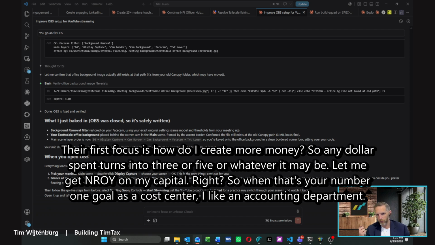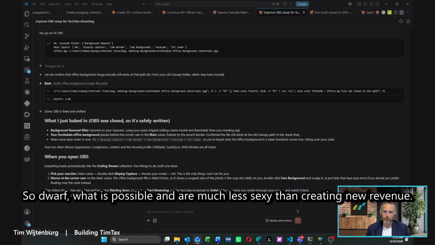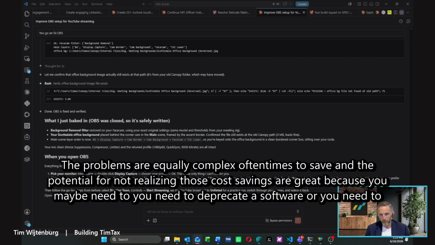So when that's your number one goal, as a cost center like an accounting department, you're not number two, you're not number three, you're not number four, five, six, seven, eight. You're maybe 10 or 15 or 20. You're like the lowest priority, because the cost savings to serve you dwarf what is possible and are much less sexy than creating new revenue. The problems are equally complex, oftentimes, to save,